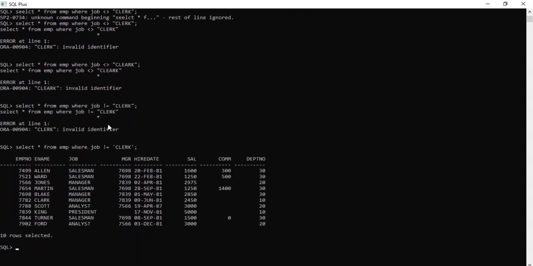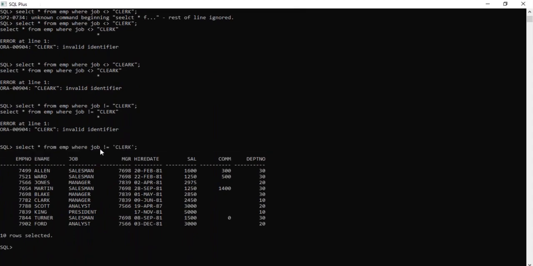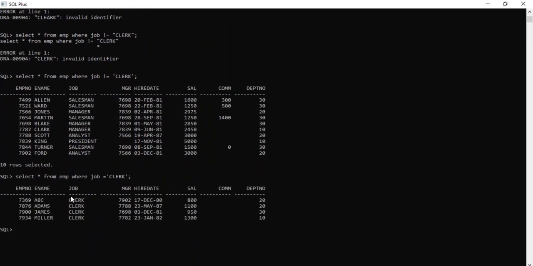Now, as I told you, sometimes it will work and sometimes it will not work. If you type not equal to in this other form, let's see. What is the issue here?